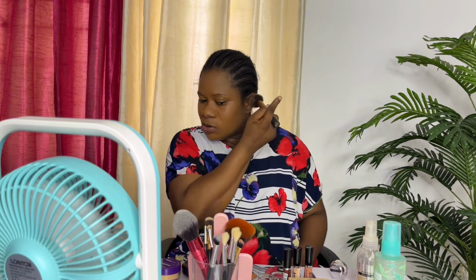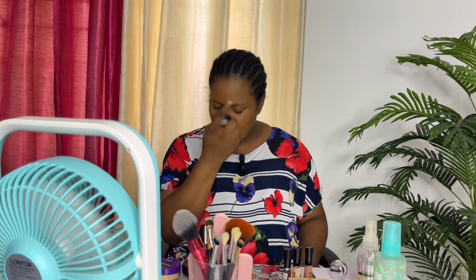All I want to achieve is even tone on my face, a little bit of eyeshadow. I'm not going to pigment. I'm going to church. I just feel I should do a little bit of makeup. I told you that it will blend in, okay? So now that I'm done applying my foundation,